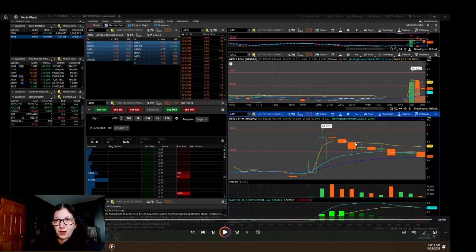So VWAP is the volume weighted average price. And generally, when the price falls below VWAP, the bears are in charge. And when the price goes above VWAP, the bulls are in charge. So I was looking to trade as long as it stayed above VWAP for the most part. I mean, it might dip down a little bit, but you know. So I continued to watch it, thinking, well, what if it broke back up above VWAP,